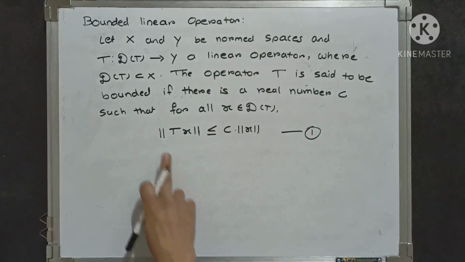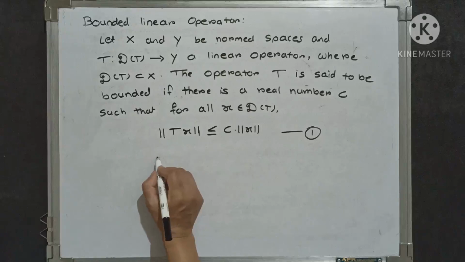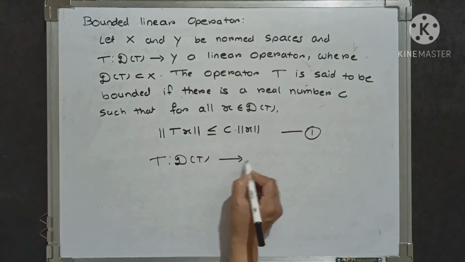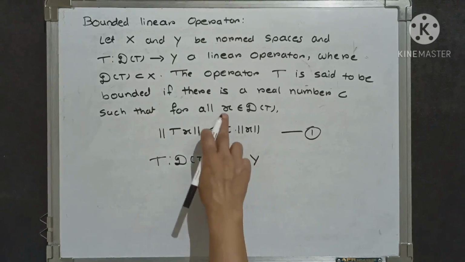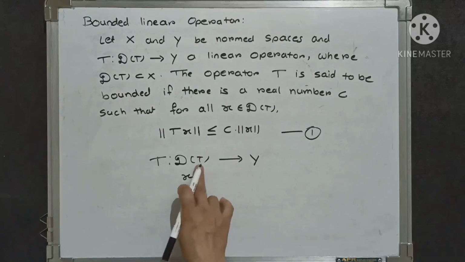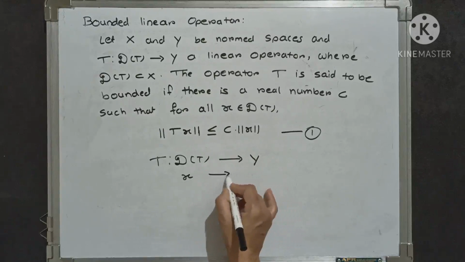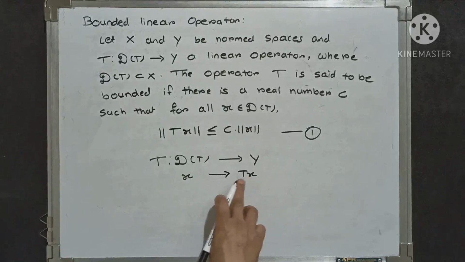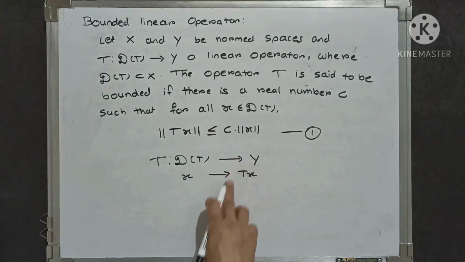Here T is the mapping from script D of T to capital Y, and small x is the element of D(T), which implies that Tx, the image of the point x under the operator T, is